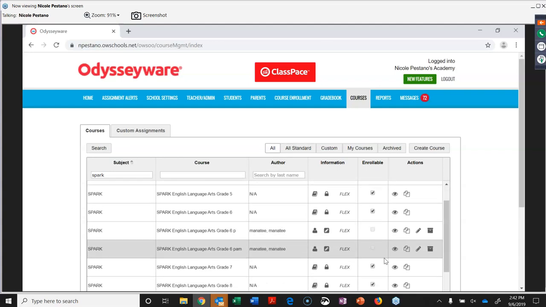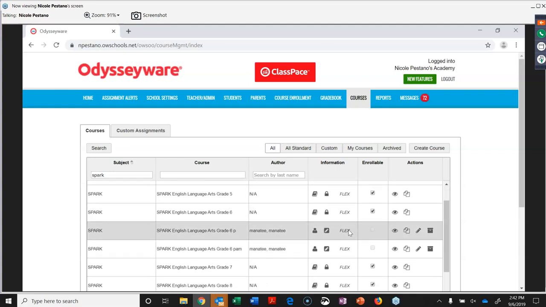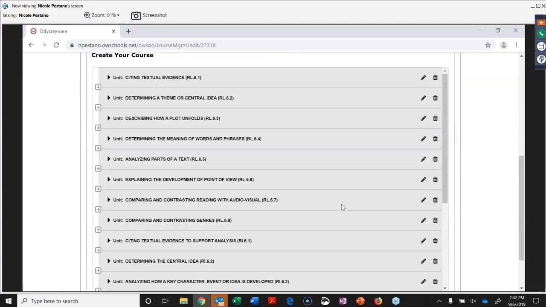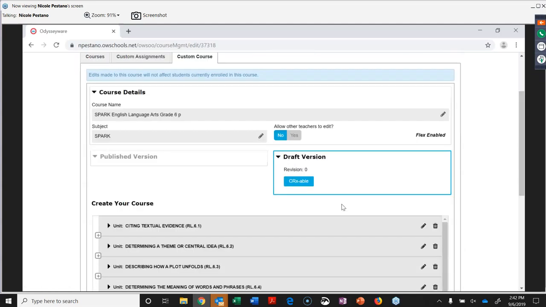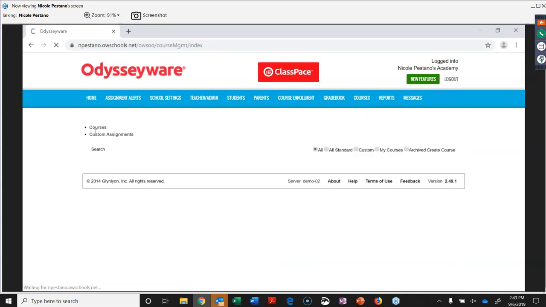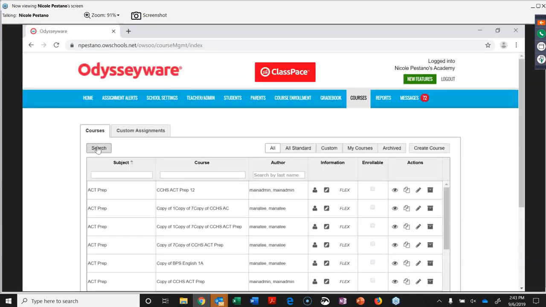Now, I do want to show you this. If you're editing any course, notice you'll just go over to the right where it has the pencil. Click on Edit. This will allow you to update any existing course, and we'll talk about this in just a moment. Now, I want to go back and show you one more thing before we go to customization,